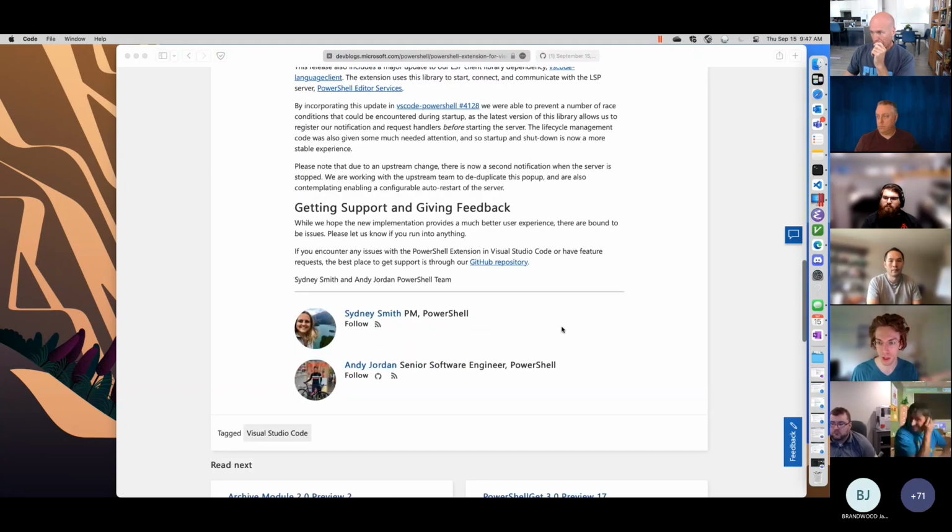I'm going to go ahead and get this blog post pasted over into the chat, and maybe I've got 10 more seconds, I guess. Our big upcoming features for the next release: Patrick has been hard at work getting the references to be more performant. So if you are somebody who operates on repos with lots and lots of PowerShell files, look forward to the next release because it should be a lot faster for your references. We continue to work on improving IntelliSense and debugging as well. And we have on our radar to get the shell integration in VS Code working in that PowerShell extension terminal itself. So I think those are the big ticket items.